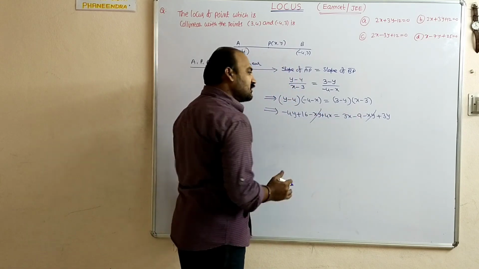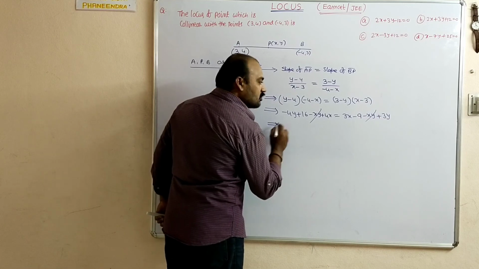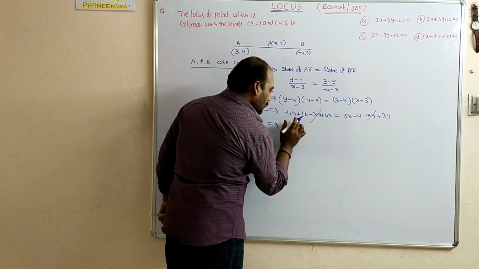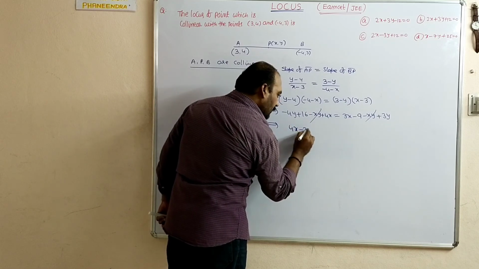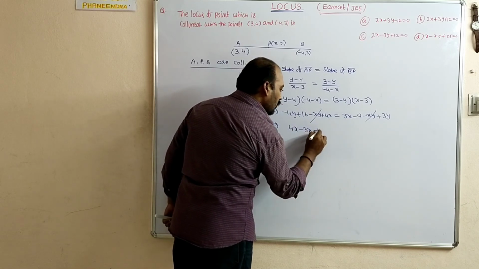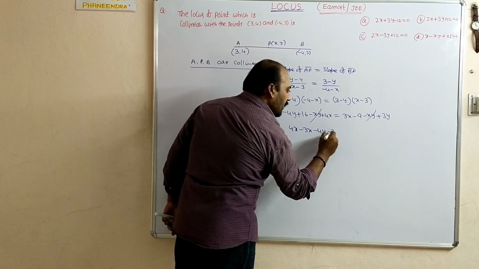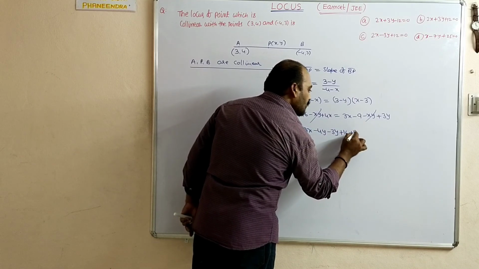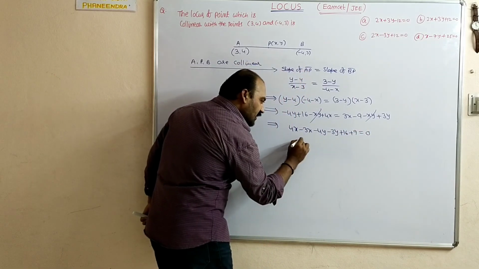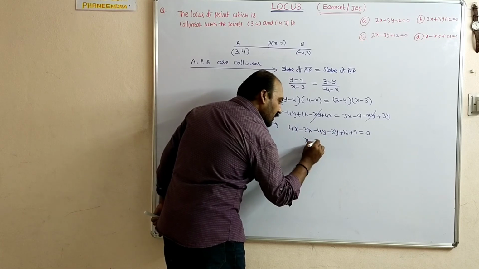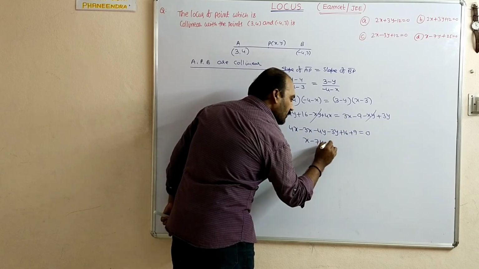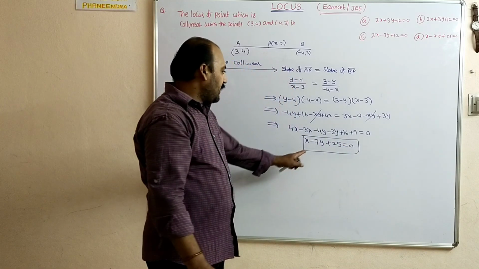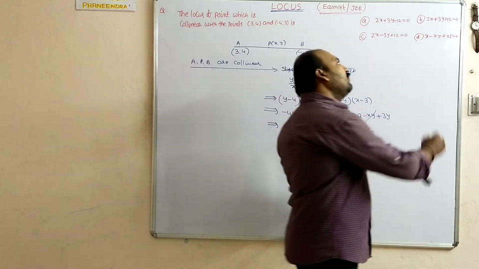All the x values one side, all the y values another side. So these values only I am taking here. Plus first x 4x. Next x 3x we are taking here, minus 3x. 4y minus 4y. The 3y can also be taken as minus 3y. Here plus 16 minus 9, you can take this plus 9, equal to 0. 4x minus 3x is x, minus 4y minus 3y is minus 7y, plus 16 plus 9 is plus 25, equal to 0, which is the required locus. So x minus 7y plus 25 is there in the fourth option.